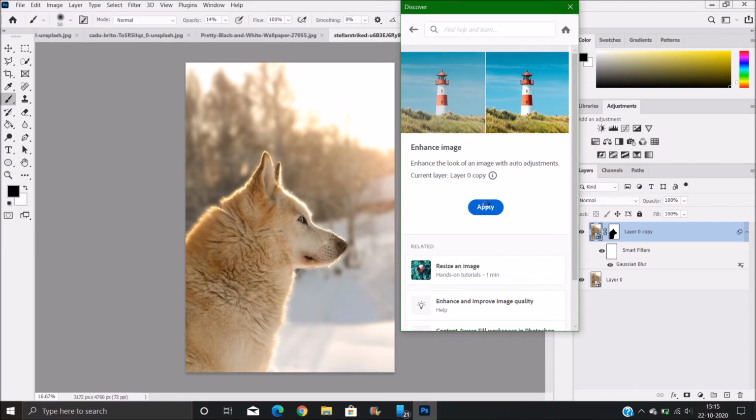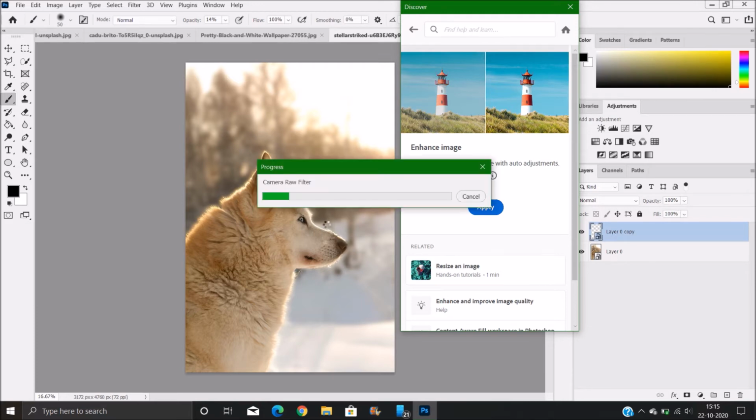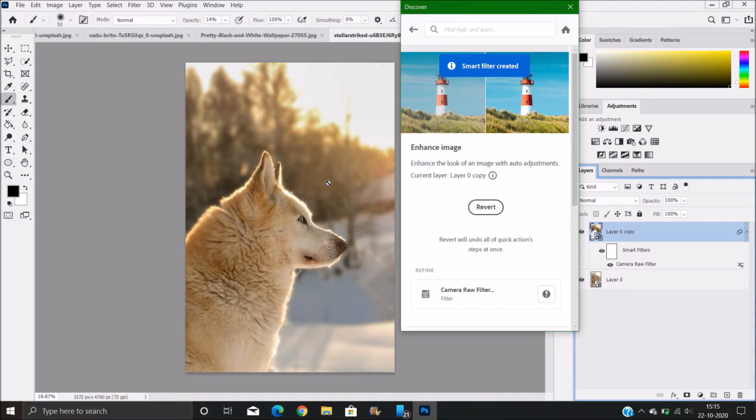Just click on the apply, and I think this is a very good feature for beginners.